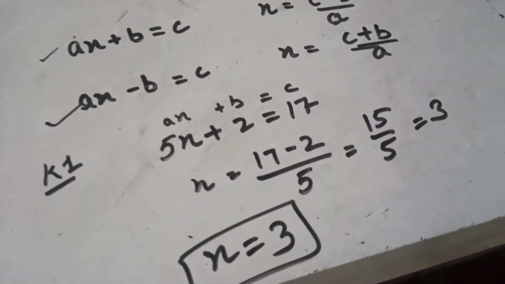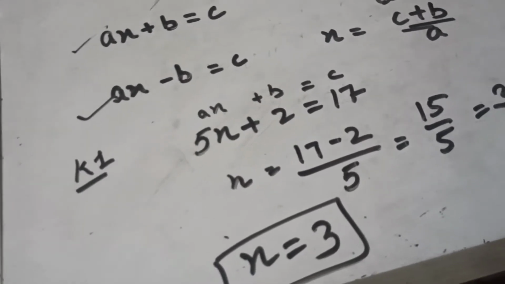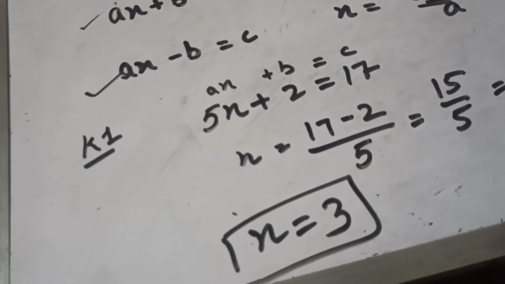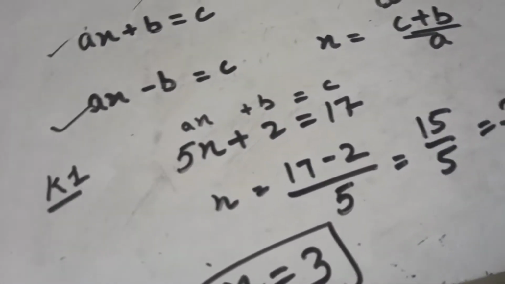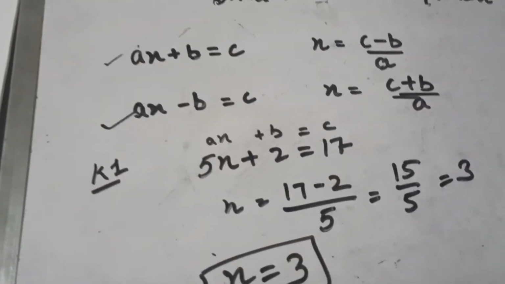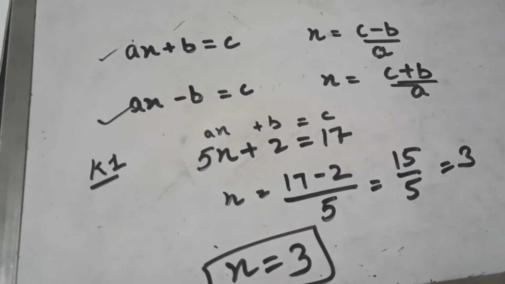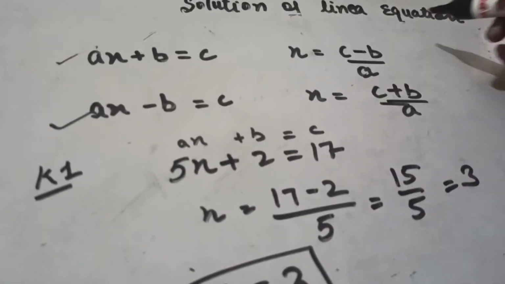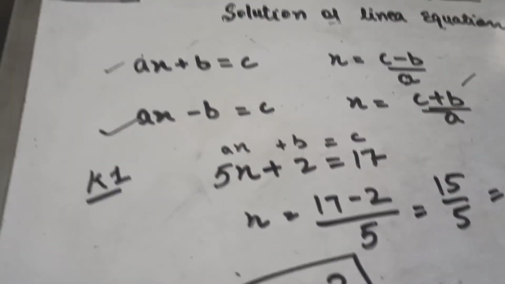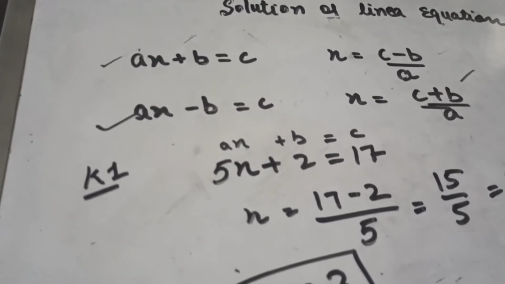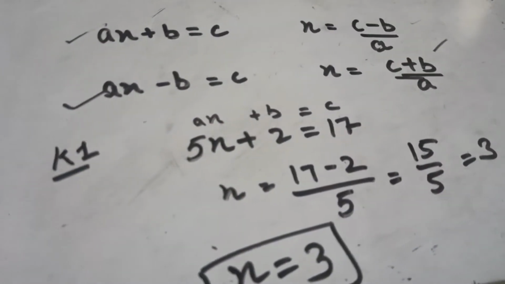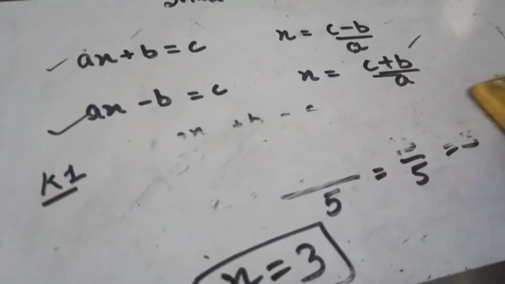Okay, so we can generalize the solution for different cases of an equation as given below, if the equation is in the form of this one, ax plus b equals c. This is the shortest way to solve the equations, right? And I hope you get where this formula comes from. Let's see the derivation also.